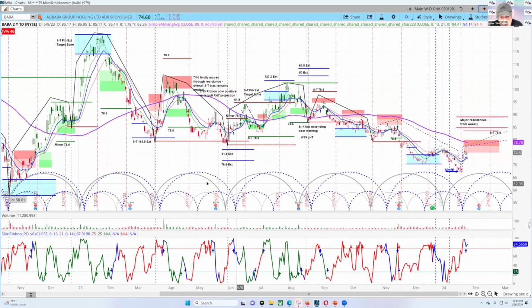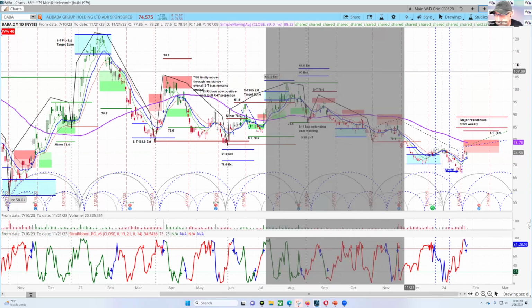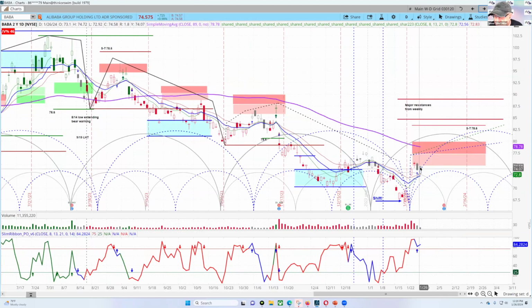And you see, as you go back, it doesn't make that much difference, right? But there's been an energetic shift, and that often comes when there's a lot of selling and a washout happening. And you can see now, just look at these last few cycles right over here. This is now moving up, and this resistance over here is at 77. This is at 80. And this one at the 78.6 is at 83.